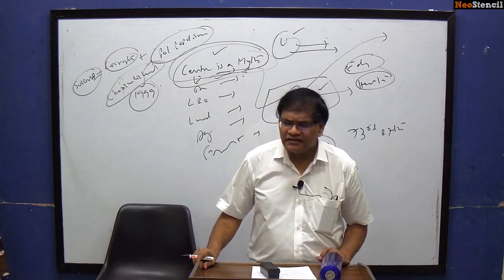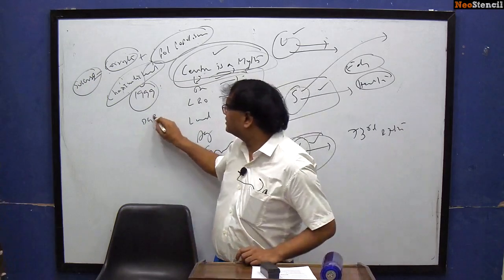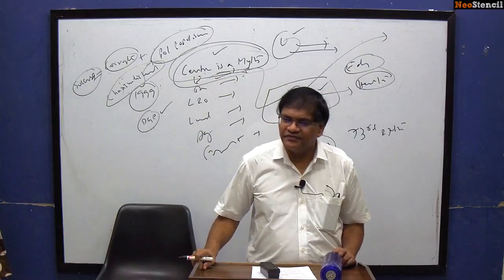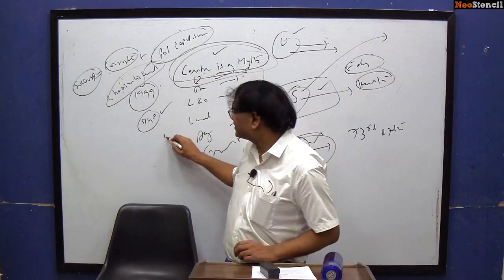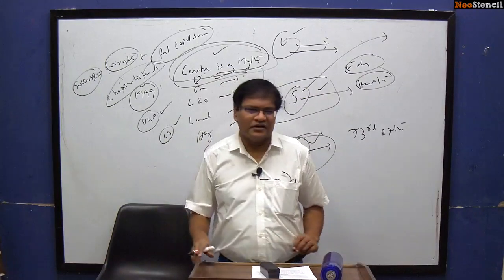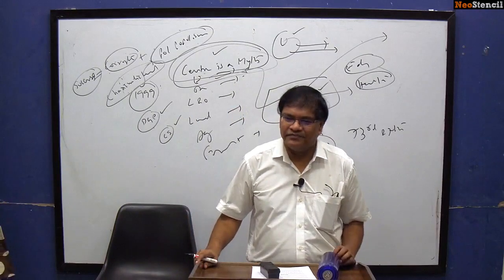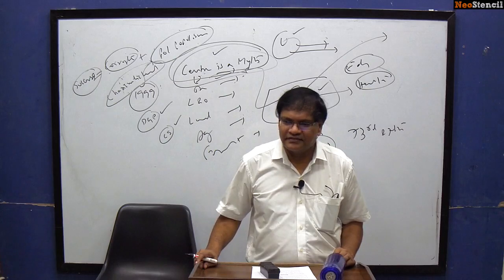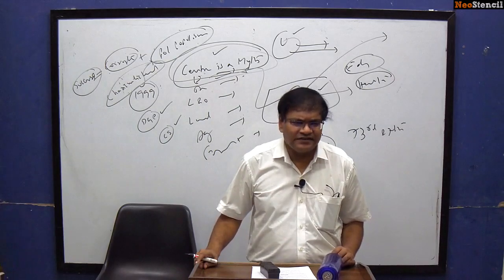If you take every state, the DGP invariably is corrupt, as pointed out by various commissions. And the same is the case with the chief secretary. No state government really bothered to implement civil services reforms. And that is where the problem is. And as I said, every state government